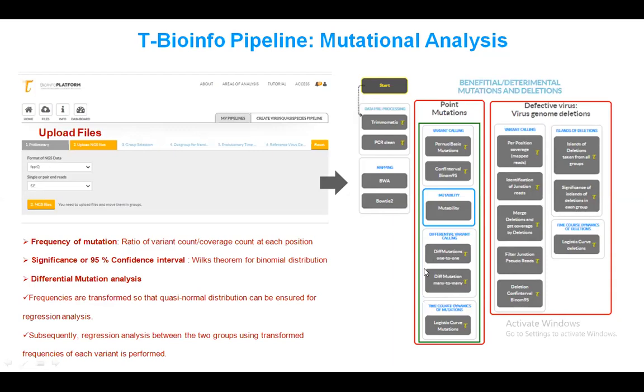We have already provided these tools within this pipeline. The other pipeline is called variant calling, where you find deletions. This is how you can perform a mutation analysis without any bioinformatics background. You should just know what kind of analysis you are going to do. This is a very simple tool.